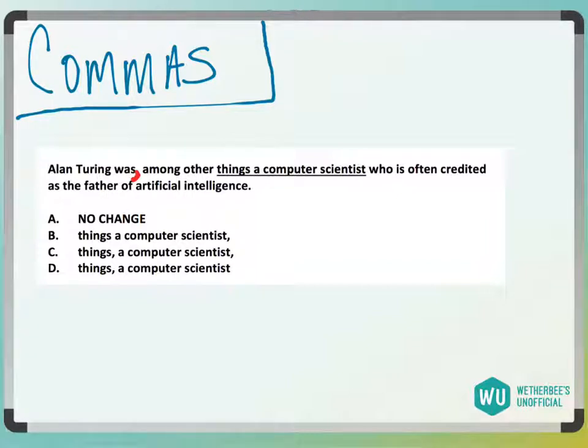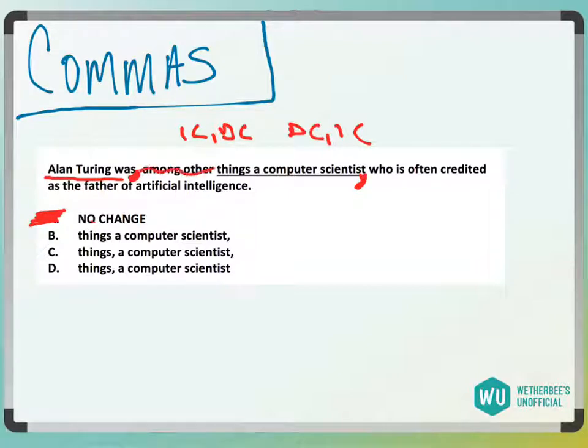Answer choice A would be having no other commas, which would mean if we only have one comma in a sentence, it either needs to be like IC DC or DC comma IC. And if we don't put any other commas in the sentence, we have before, Alan Turing was. And then after, among other things, a computer scientist who is often credited as the father of artificial intelligence. So we wouldn't have an independent clause on either side. So we can't just have this one comma here. Clearly, we're going to be needing to use this as a set. So A is gone.